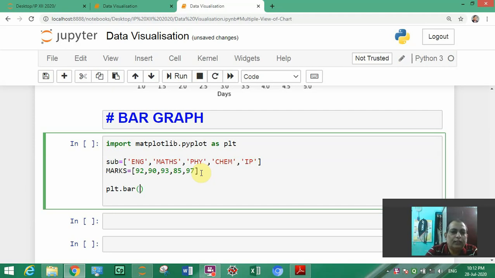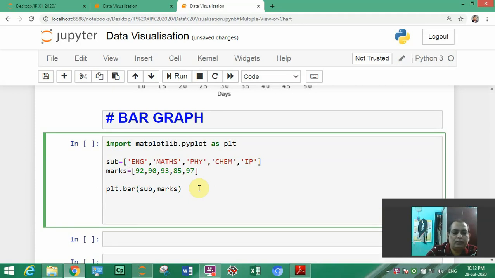So x-axis is subject, so subject first, then y-axis is marks, so marks. So that's all, and plt.show. This is our basic structure. After that we will manipulate many things in this graph.